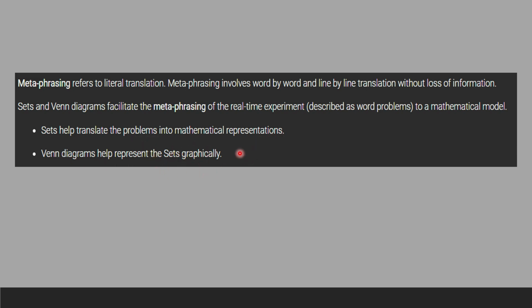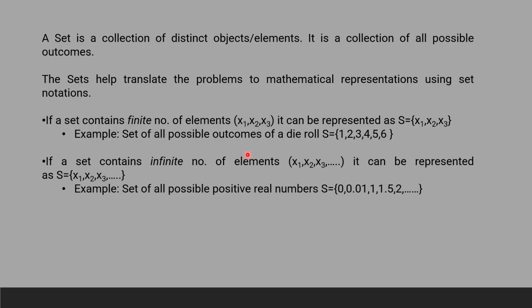Okay, so you have studied these concepts in your 10th standard, I think. Hope you understand. Basically these are pretty simple concepts, you just need to read it and you can understand it. Okay, so what is a set? A set is a collection of distinct objects. Okay, so it is a collection of all possible outcomes. Distinct means no repetition of things is allowed here. Okay, so the set helps to translate the problems into mathematical representations. Okay,